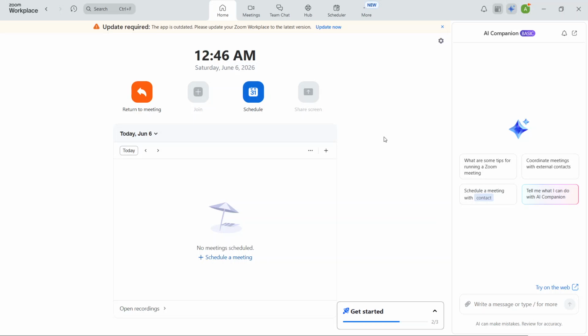In today's video, I'm going to teach you how to find your recordings on Zoom for Windows. If you've recorded meetings in Zoom and you're not sure where those files went, don't worry. Zoom makes it fairly easy to locate them once you know where to look. I'll walk you through the process clearly so you can find either your cloud recordings or the recordings saved directly